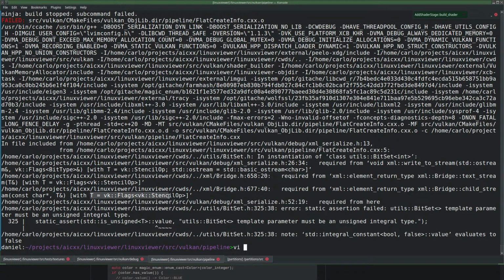The T is VK stencil op. Int, there it is. Oh, it is an integral type, it's just not unsigned. My God, why is it not unsigned?